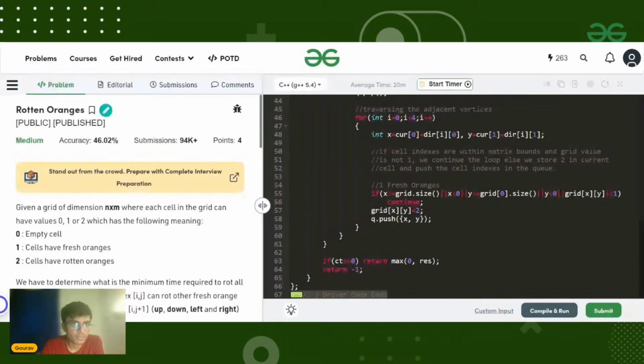Can I please have a +1 in the chat box if you have understood it, or if you have any doubts, you can just write in the chat box. Okay. Rishit, is the code clear to you?